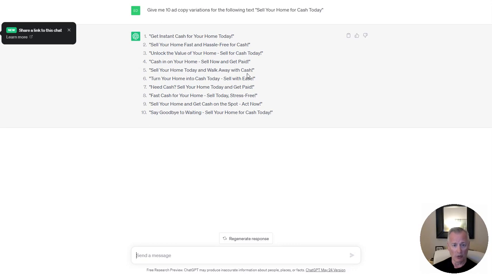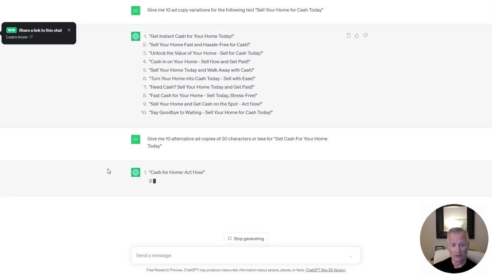They all include the home qualifier. And we can obviously substitute in house in some cases, particularly if we're using different ad group themes that use house versus home. We can use keyword insertion, of course, as well. But there's a couple of issues with this first round, and the biggest issue, which we'll deal with first, is that these are longer than 30 characters, which of course Google does not allow for headlines. So I'm going to go again and ask for ad copies of 30 characters or less.